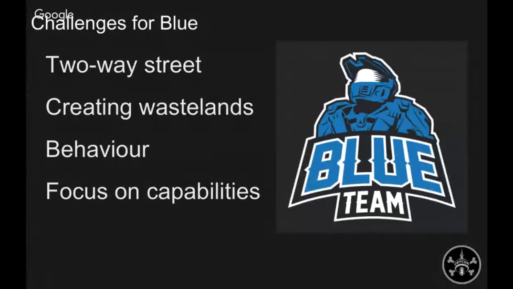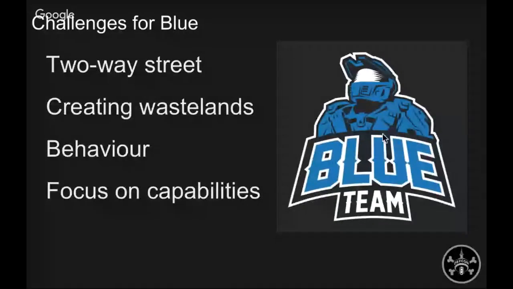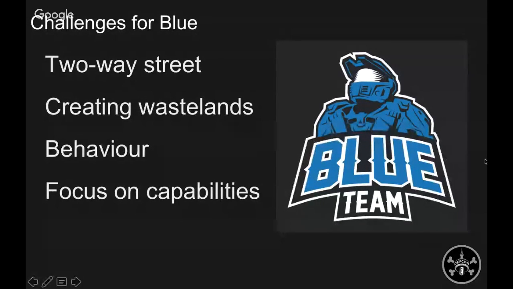Creating a wasteland is really going to be the challenge for Blue with some of the techniques I'm going to show you guys. And what I mean by that is if I said, okay, I use PowerShell, C#, .NET, WMI, CIM, I'm going to use COM objects, squiblydoos, which I'll show you later. Things, and I say, now take those out of your environment, you're going to look at me like I'm nuts, right? You need some of these things for production, for compatibility issues, for administration. A lot of these offensive PowerShell